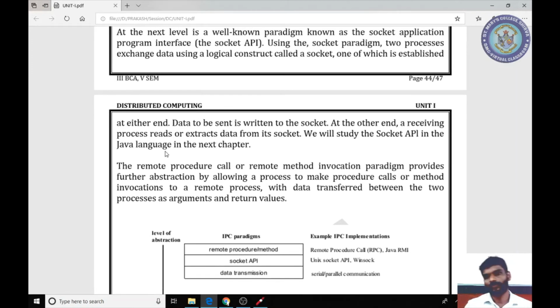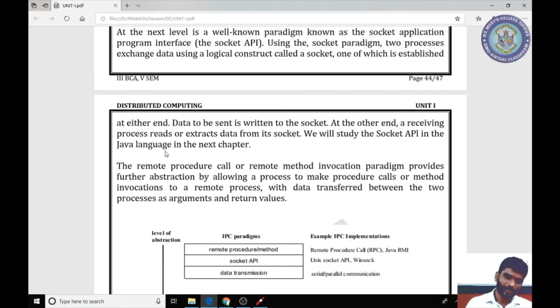For example, if you use procedure oriented C and if you use object oriented C++, then there must be a difference between the two. Because all the information in C may be global, the data can be easily moved from one end to the other end, so the level of abstraction is very low.